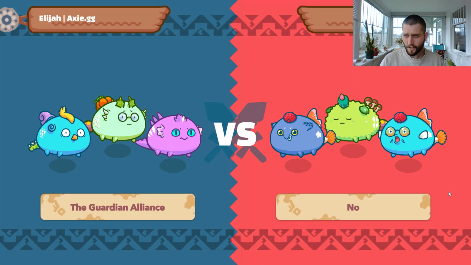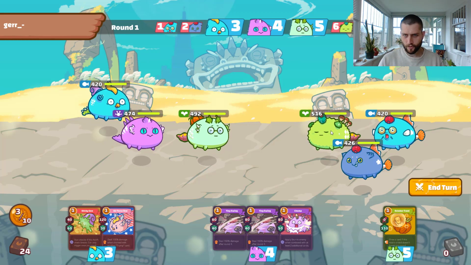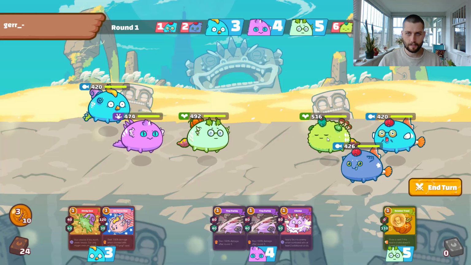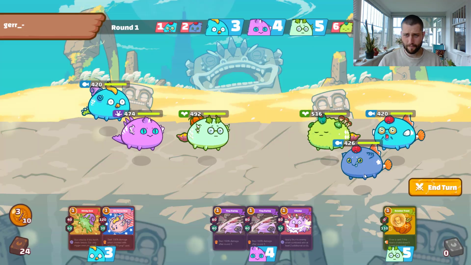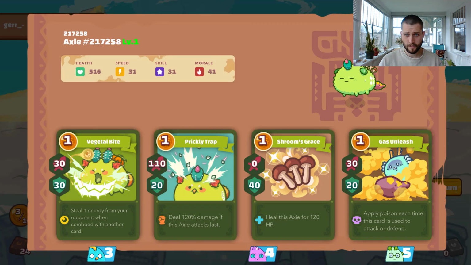All right. I don't recognize this opponent, but it's one of the most annoying combinations to be up against here, which is the plant, tank and then double Aqua. He's got some heal. He's got the tail slap for energy. He's got 2 tail slaps, so he's going to be juiced up as far as energy throughout the game, or